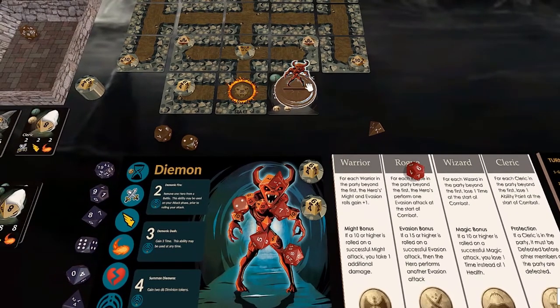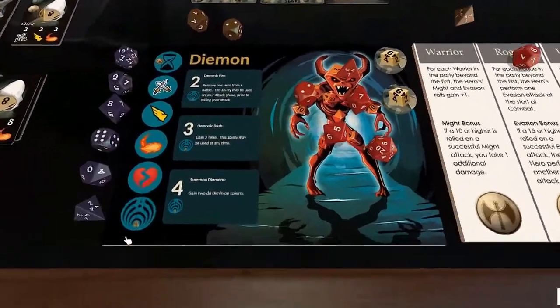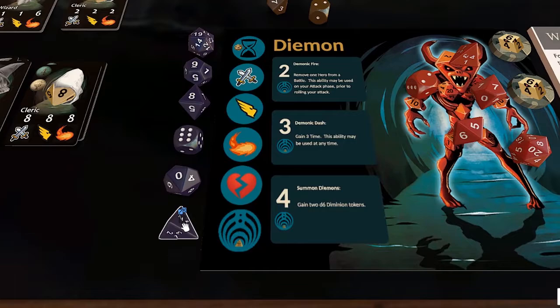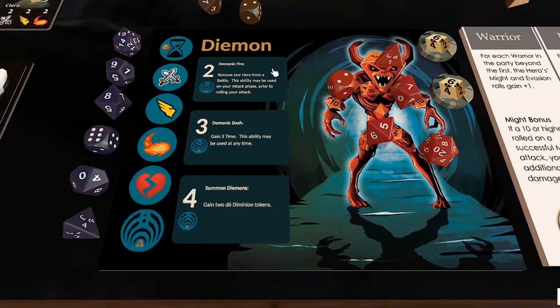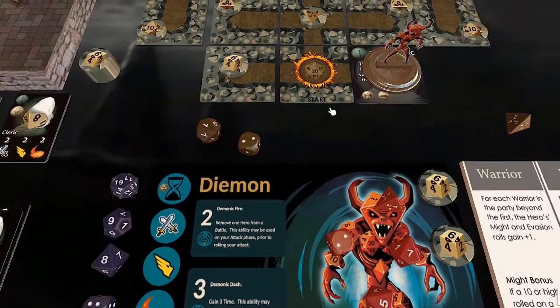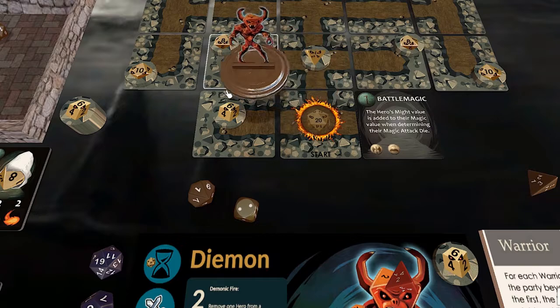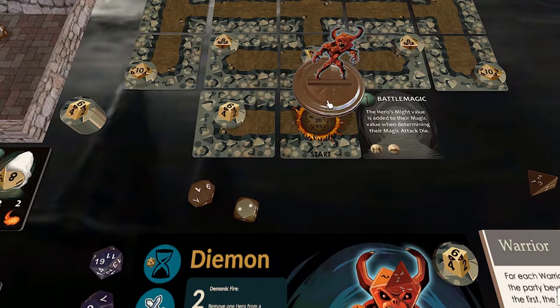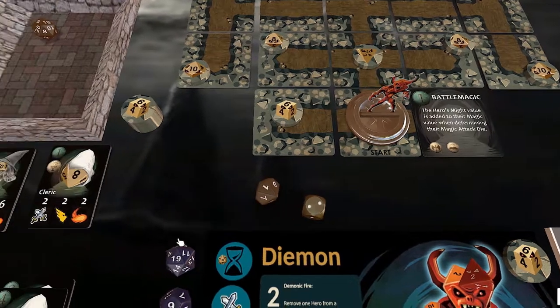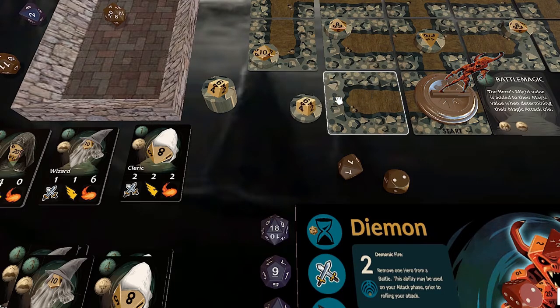Alright, so I've traipsed over here in the dungeon, and I proceed to my next turn. At the beginning of my next turn, I will gain an ability point. So I'm now up to 2, so I could now use demonic fire if I wanted to in combat. And then when I progress through the dungeon, it doesn't matter how far I go, I just go to the next tile of my choice. So let's say I wanted to go over to this one, I would still just lose 1 time. So I go over here, I lose 1 time, and I have found